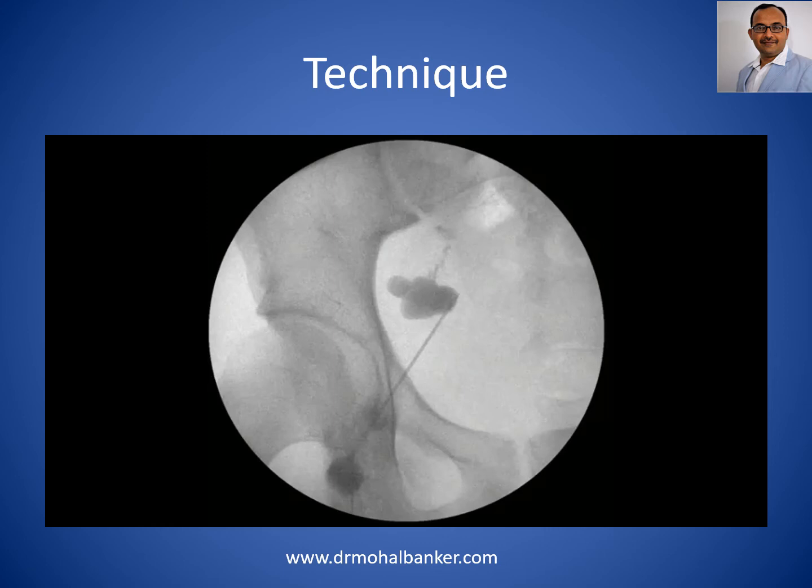Directly puncture the lesion, inject the contrast, have a feel of how much contrast is needed to fill the cavity, and whether there is any other communication of the cavity with the surrounding structures. According to that, decide the dose of the absolute ethanol and inject it within the lesion. By this method, we can easily destroy the cysts of the lymphatic malformation.